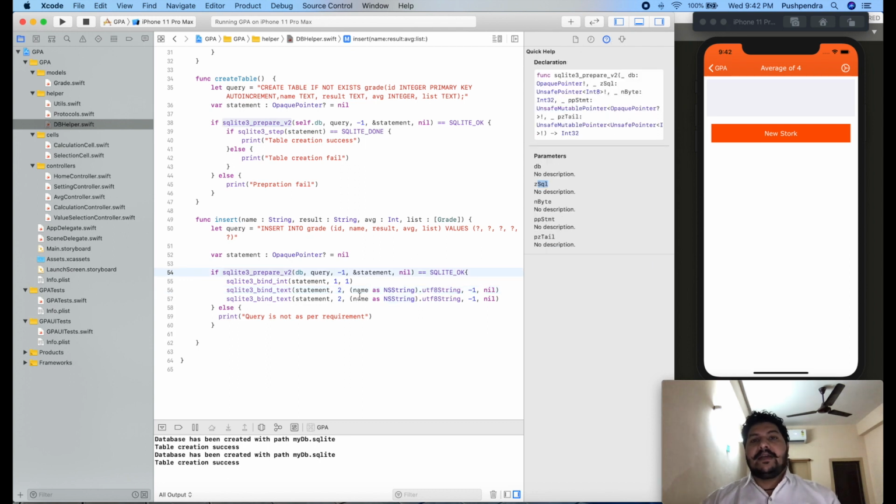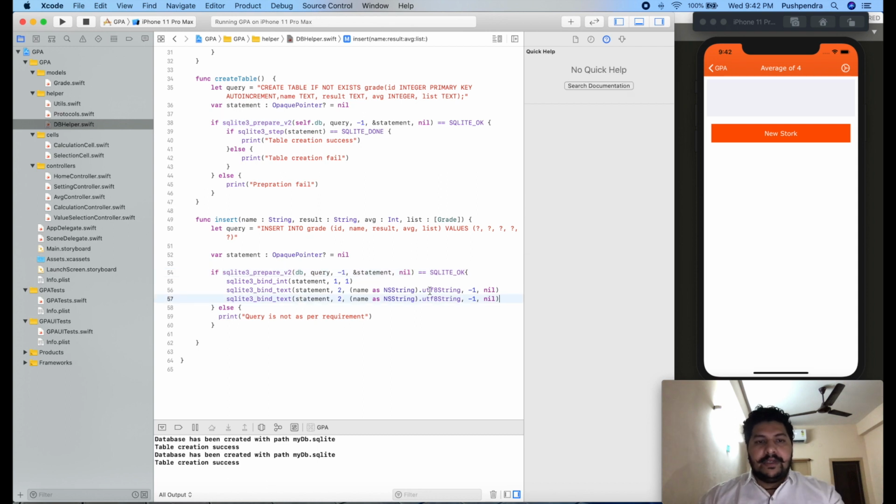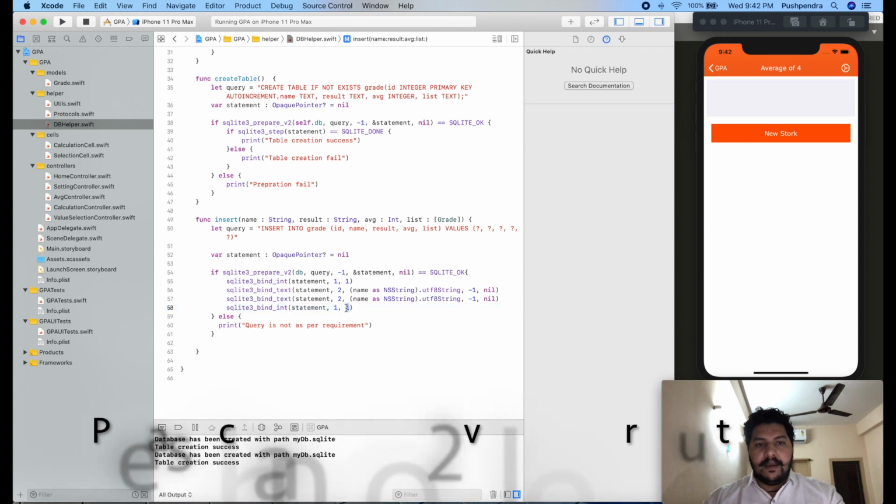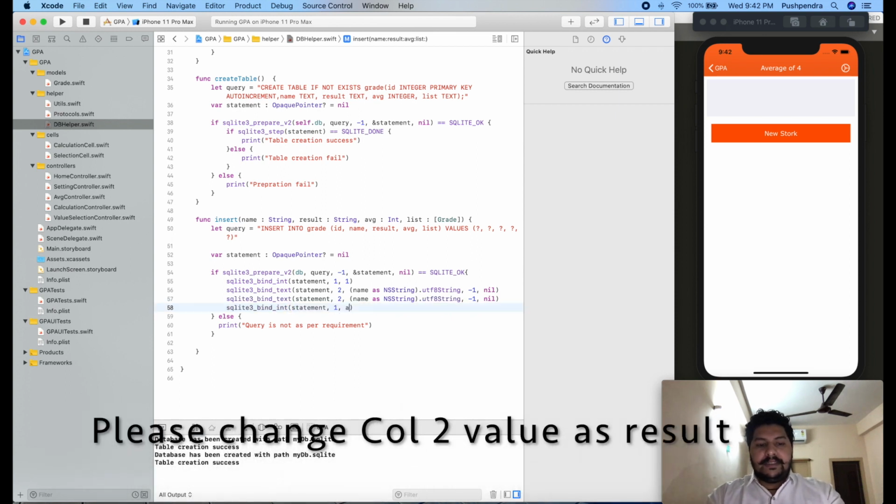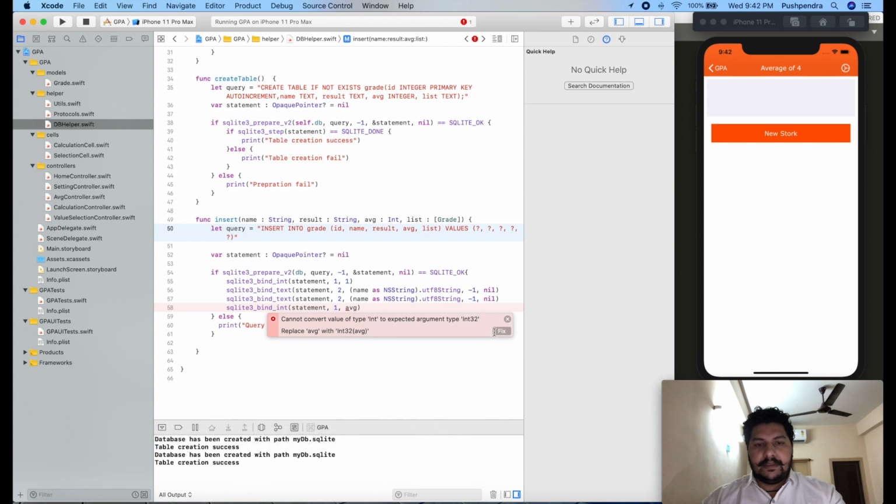Okay, like that you can find the complete information of the syntax, why you are using it and what the use of that is. So here at the end, before the end, same, we have to insert our integer, and our integer's value is avg. Okay, now the list, just fix it.